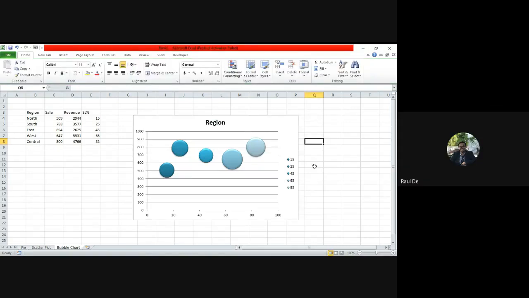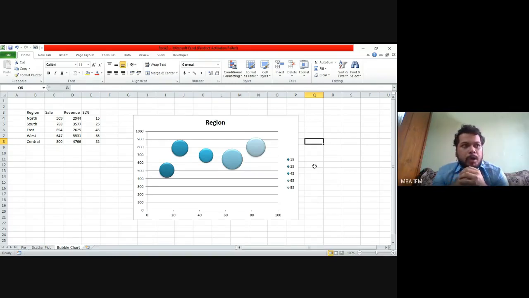Suppose there is a list of population of the countries, and we are analyzing the population of different countries in terms of years. In the range of years from 2000 to 2020, how the population of different countries has changed. If you are trying to figure out these kinds of visualizations, we generally use a bubble chart. So time series kinds of visualizations also at times use a bubble chart.